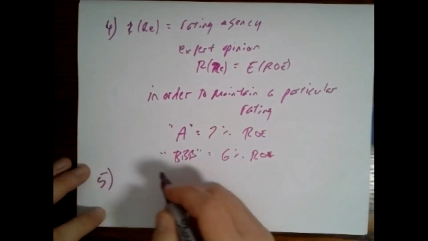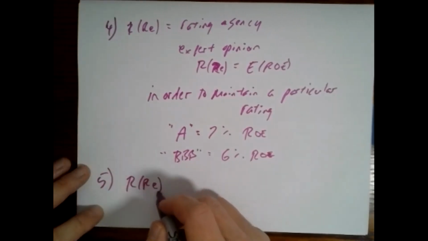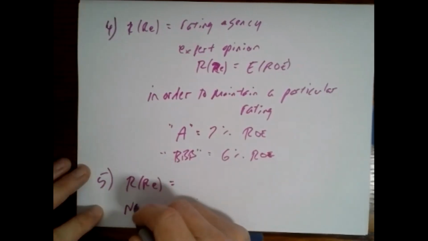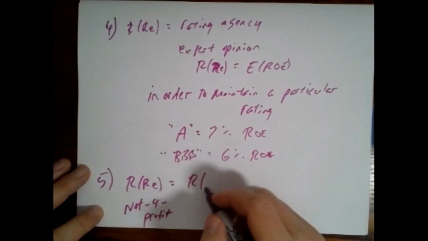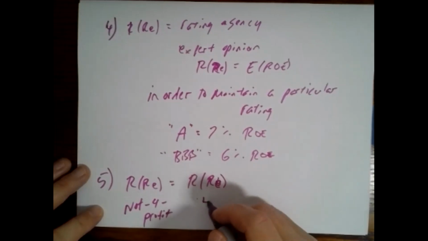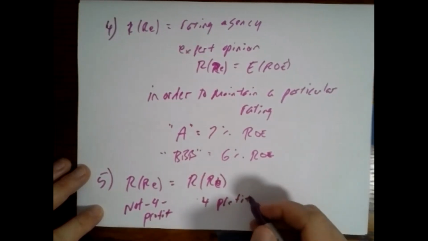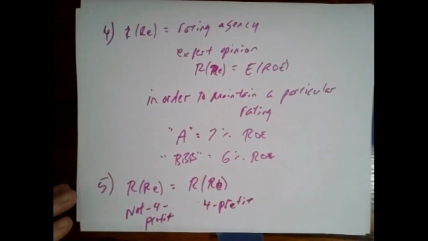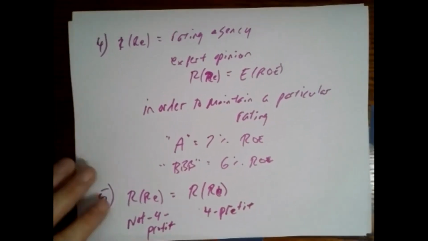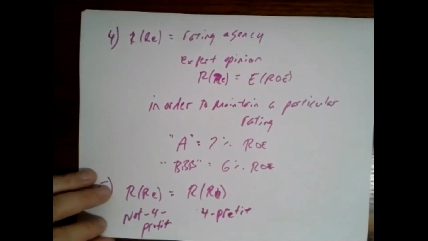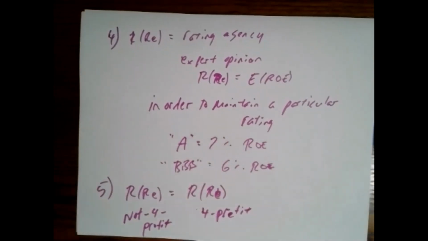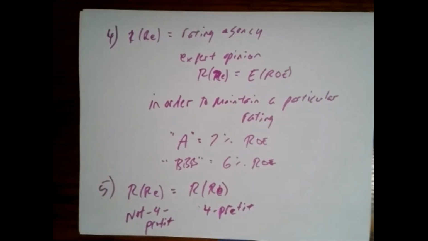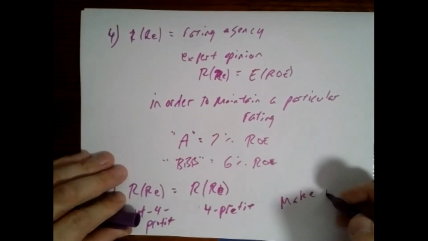And kind of the last option is to say the RRE for your not-for-profit should be equal to some RRE for a for-profit. I'm going to shorthand "for" with the number 4, right? So with the idea that, if the not-for-profit wasn't doing the services, then a for-profit could step in and do the services. And so it kind of becomes a question of make versus buy,